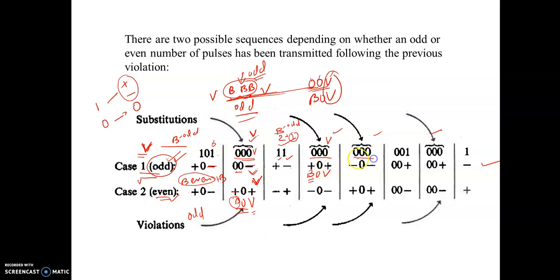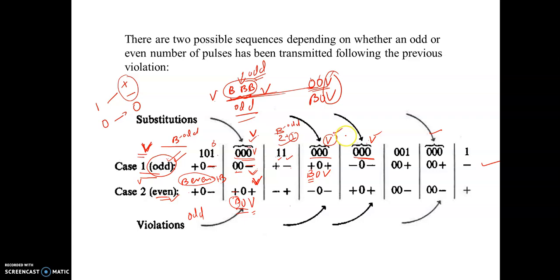Then consider the next three zeros. So which was your previous violation? Wherever you have triple zero, the last one is a violation. So this is your violation. Now you again have triple zero, so the last one will be a violation. Between two violations, you should have an odd number of B's. Is there any B in between? No, because you are not having any 1 in between these two triple zeros. So you are not having any B.